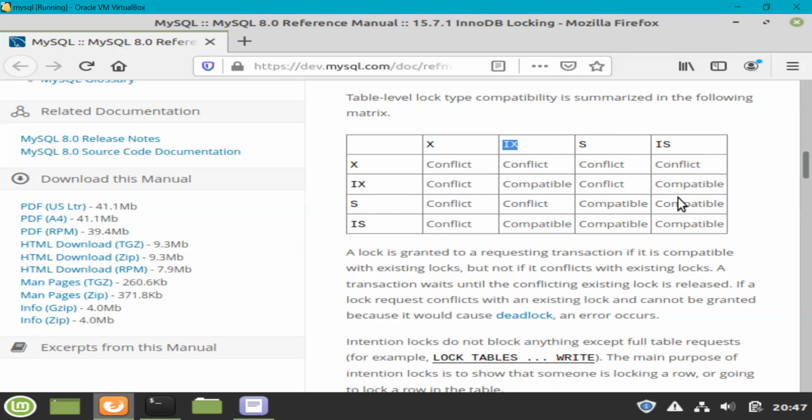But for an exclusive lock, as it comes when you are doing something like an update, you don't want two people to update the same record at the same time. In that case, there will be a conflict. That is why the locking mechanism has been provided, which will lead to blocking sometimes. So let me replicate one blocking scenario first.